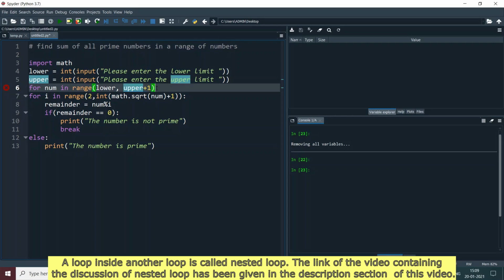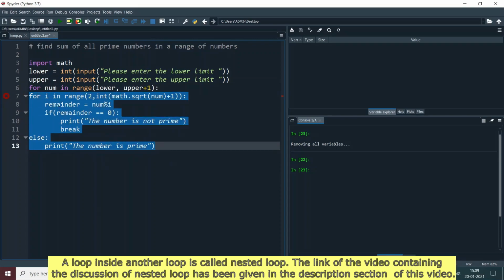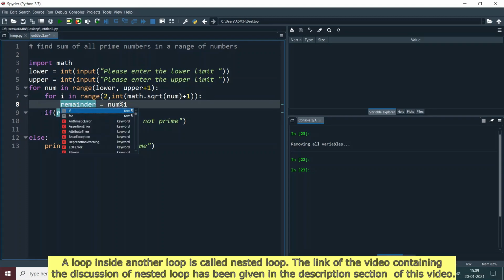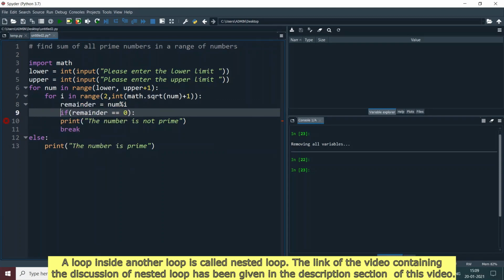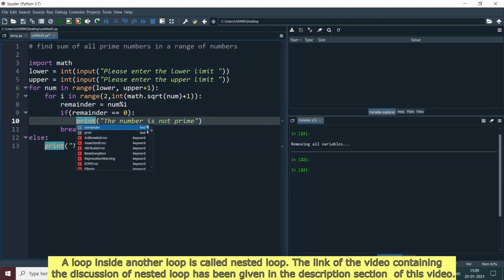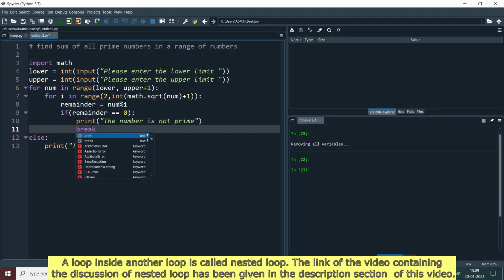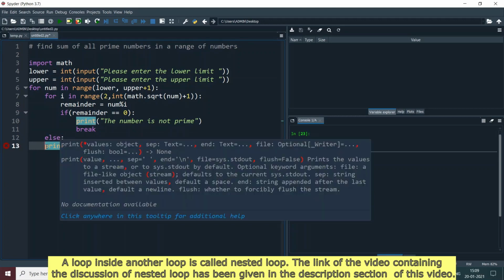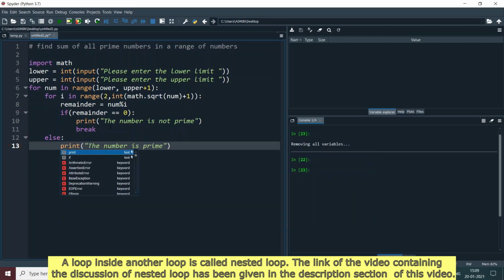Fine. So inside this we will have this entire code. So we will have to put indentation for each of this, right? So this is again inside the if block, so it will have another indentation, and this will again have the same indentation as the for, right? So this, and this print statement is again inside this else block, so it will go here.